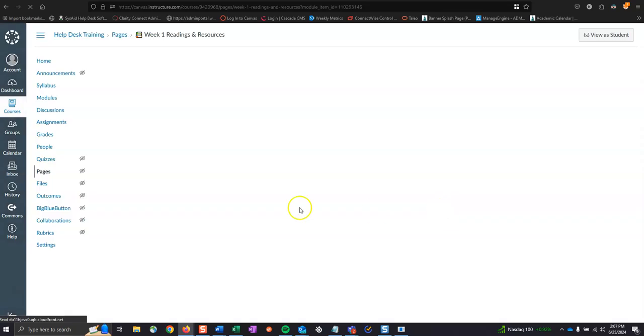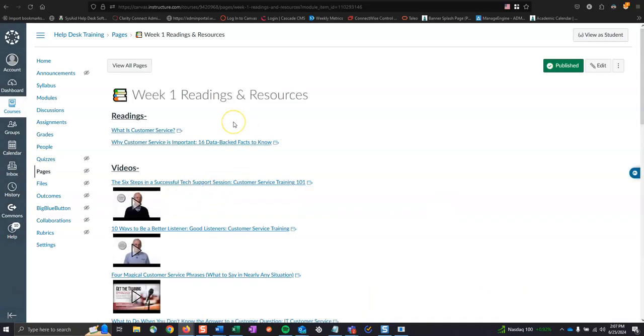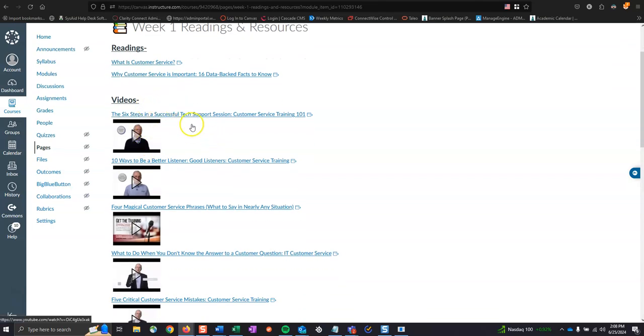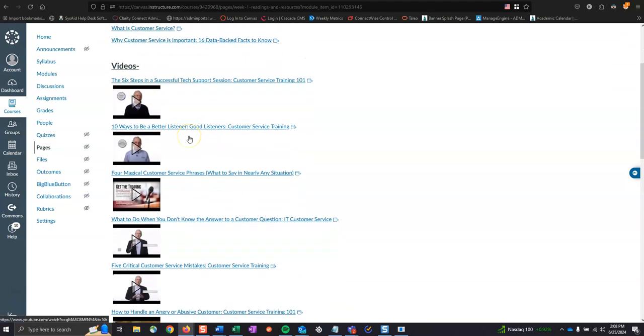So moving on to the next page, that's where they will find their weekly readings and resources. This is for week 1 specifically. You can see they have 2 written resources here, readings, and they are written, so they're not in video format. And then we have a decent amount of videos here for them to watch, detailing anything you'd really need to know about customer service,